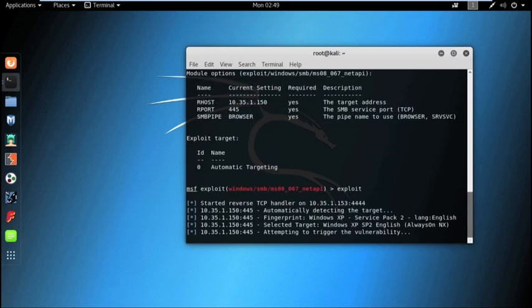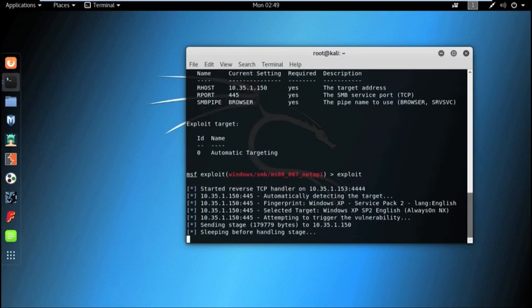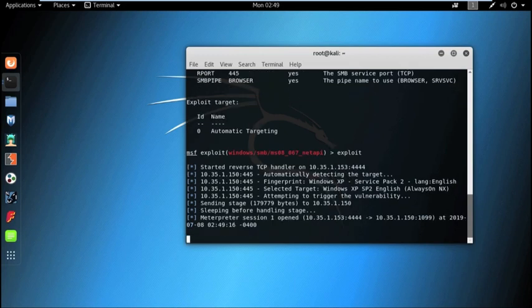This IP address 10.35.1.153 is the attacker machine's IP address using port 4444. This is the port used by the attacker machine. And see, we got the Meterpreter session. That means we have already entered the target system.